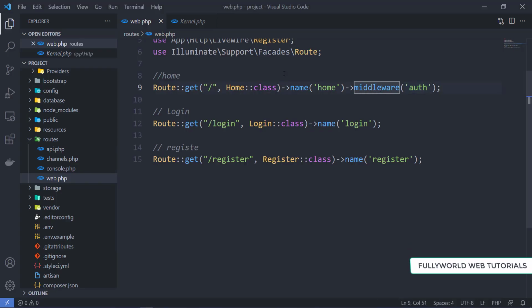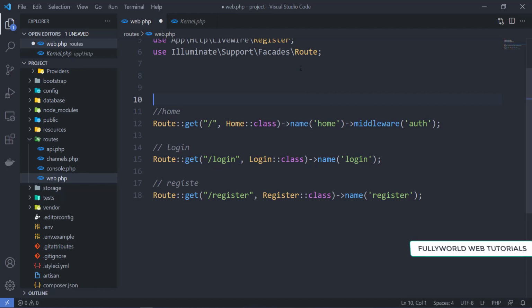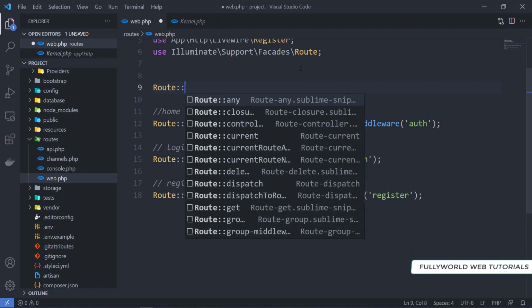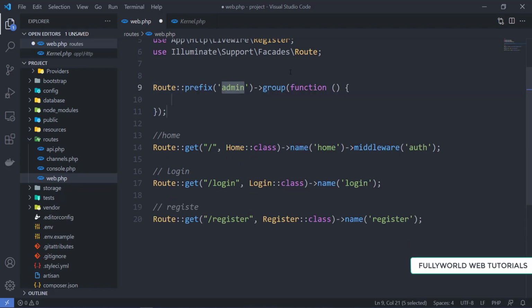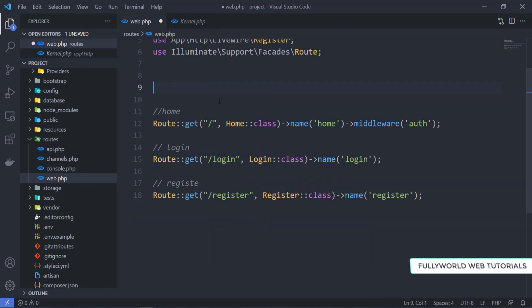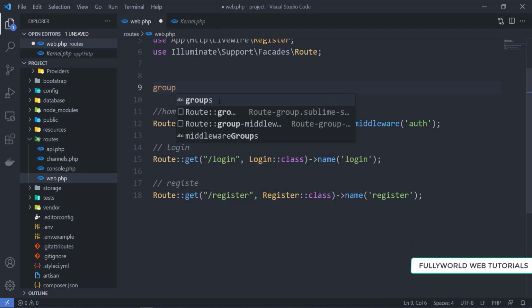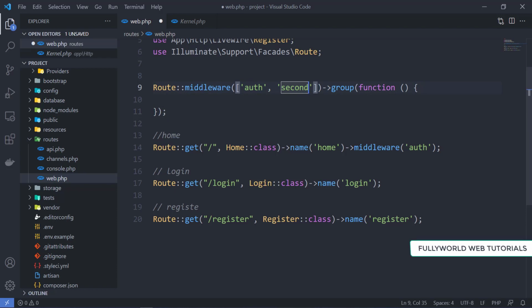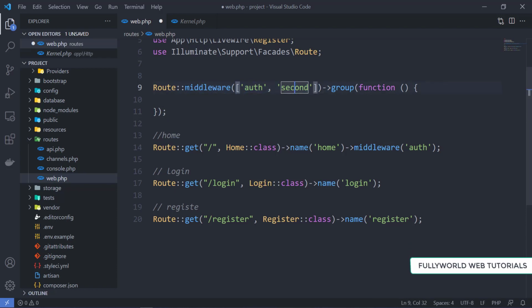But if we have to protect many routes, what are we going to do? For that we will use Route and create a route group with middleware. There are two methods of creating a group with middleware.